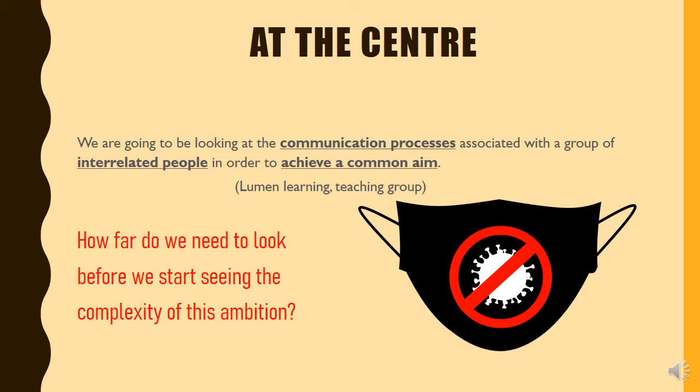So let's move on to pinning down what we're actually looking at. So I want to read this quote for you from the Lumen Learning, which is a teaching group. We are going to be looking at the communication processes associated with a group of interrelated people in order to achieve a common aim. So we have three particular elements there: the process itself of communication, and as I said,